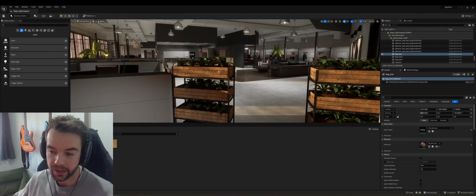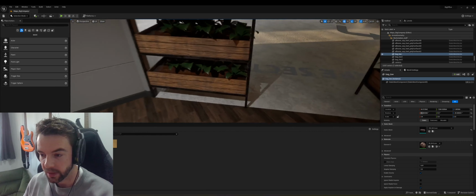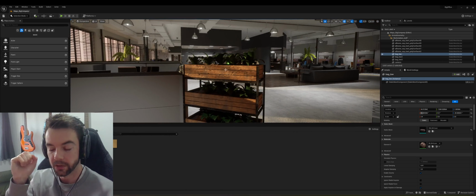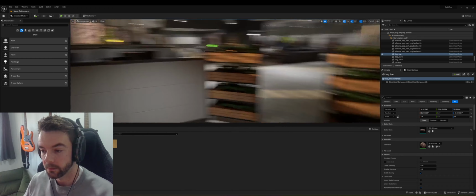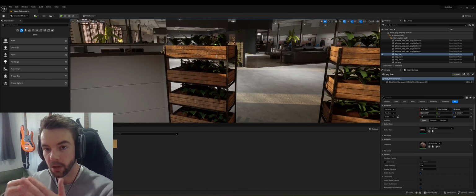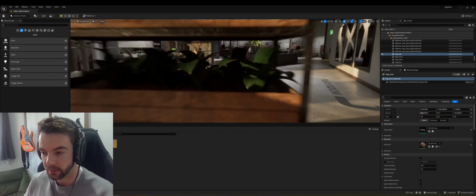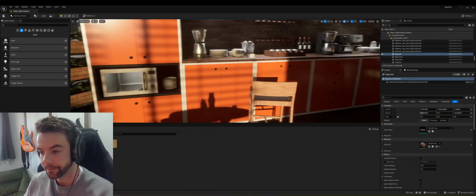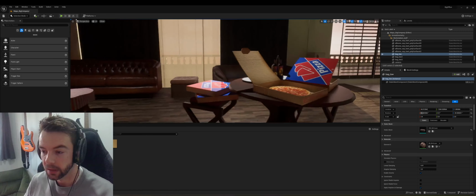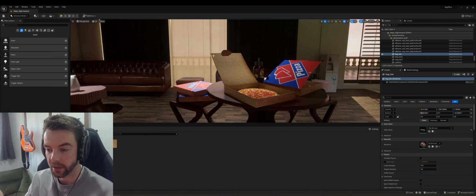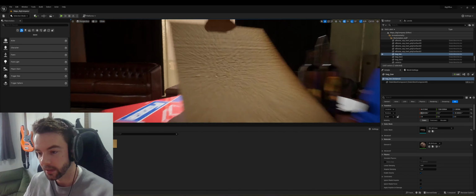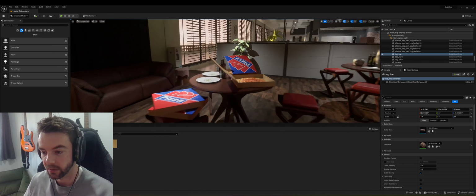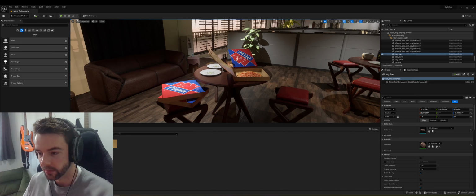Just for an example, this planting rack here, if I was to shine a torch on this, I would expect it to cast a shadow, but I may not expect it to block sound, because sound can travel through this. Again, this pizza box, if I was to cast a torch on there and it was dark in the room, I would expect it to project a shadow on the wall behind it. However, if I'm a sound ray tracing out, I don't want this plastic pizza mesh, cardboard pizza mesh, to block